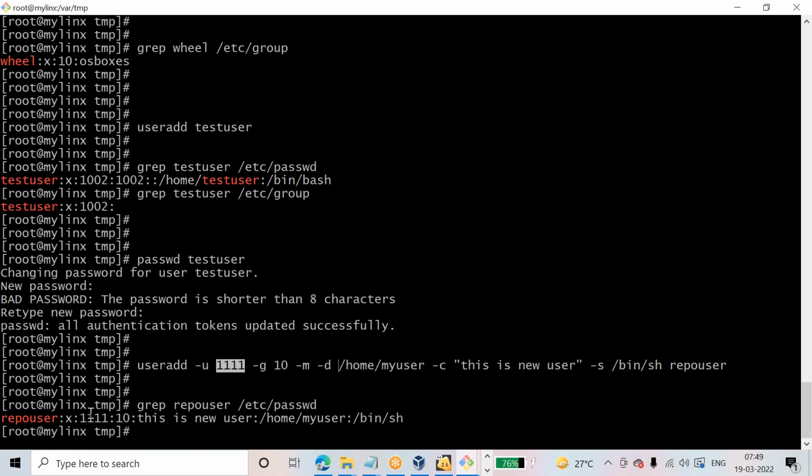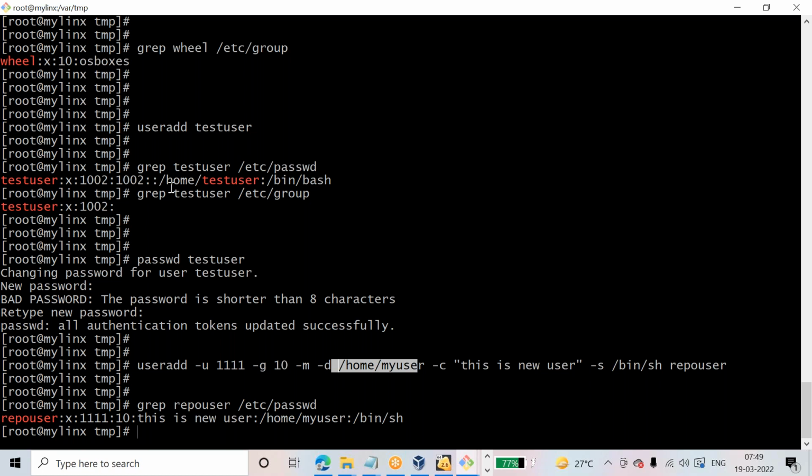I told it to give me this user ID, and it gave it. If you just run useradd, it gives the default user ID and default group ID, but here I explicitly told the system to give this user ID. It adds this user into this group, and the comment field is this is new user. See this comment field, I passed this comment field, this is new user, and I told it to give the home directory